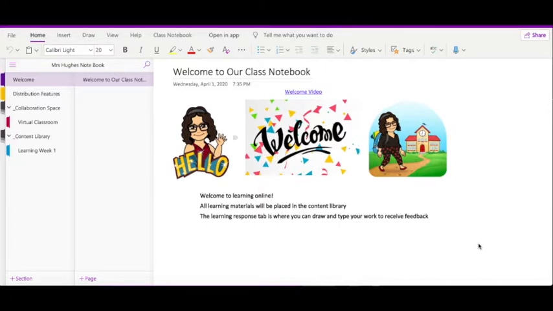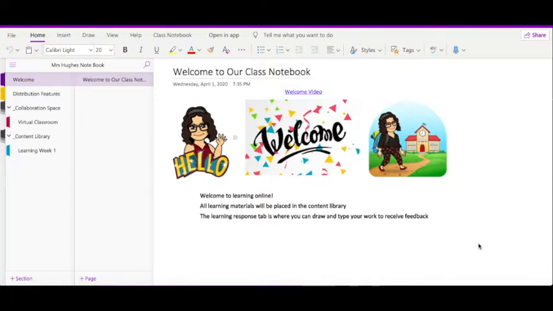They probably won't have access to a computer, so anything that you upload from your desktop onto OneNote would have to be downloaded back onto a desktop. So throughout these videos, I'm going to show you how we linked documents from our desktop to OneDrive